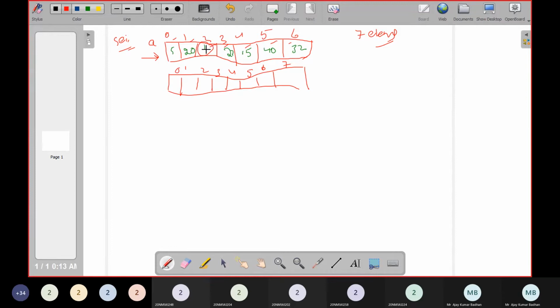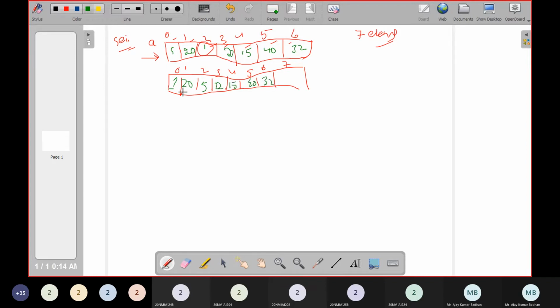And what is the lowest element we have here? 1. And this 1 will be placed in the first position, somewhere here. We are interchanging, we are doing swapping. This 1 will be here and this 5 will be here. Then the remaining elements will be the same: 21, 22, 15, 40, 32.